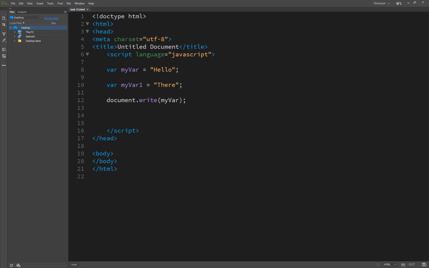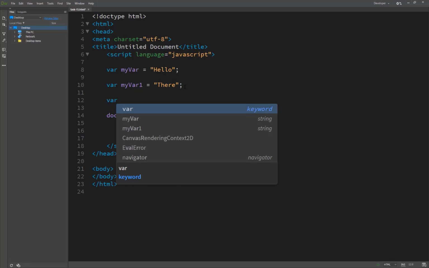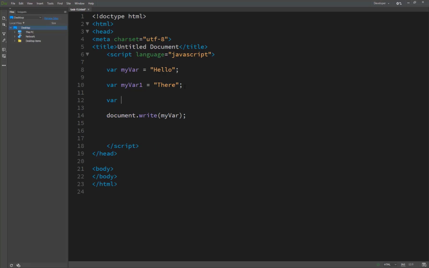And what is concatenation? Concatenation, as I already told you, is the act of combining two text strings into one longer text string. So we are creating another variable, my variable 3, equal to my var plus my var1.